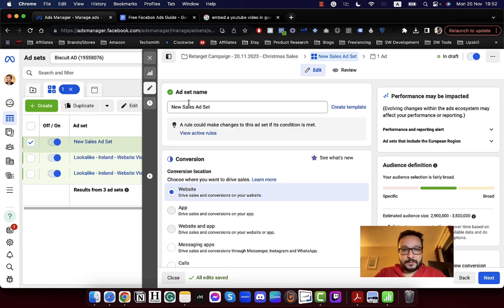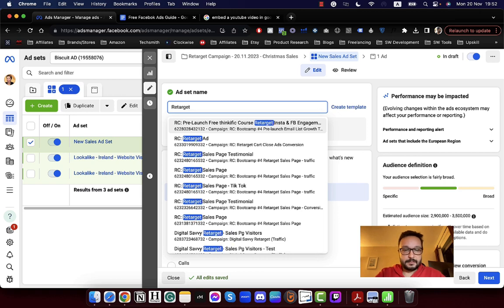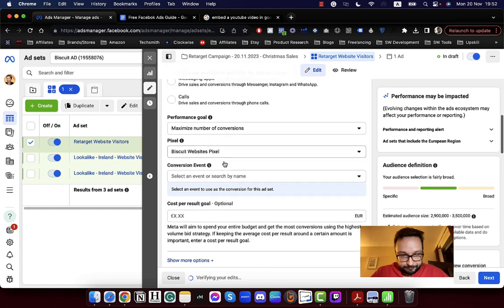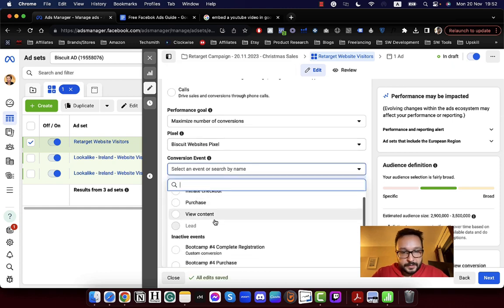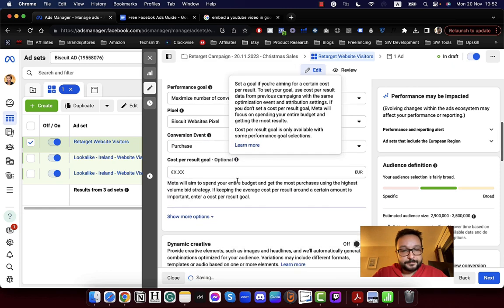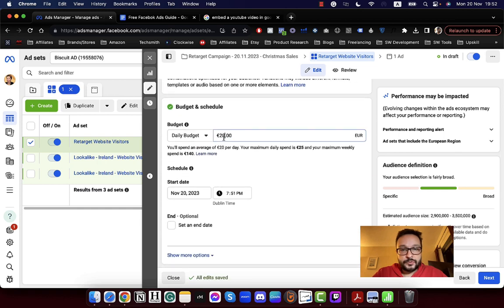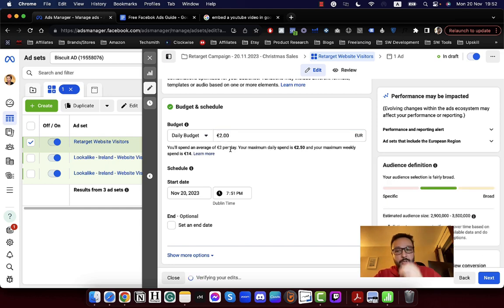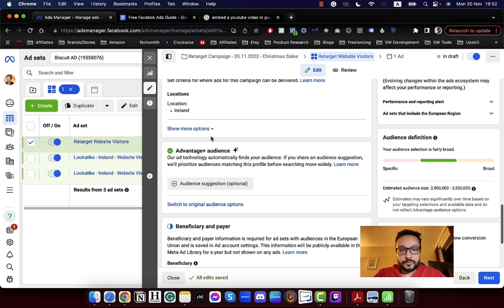Conversion website, here we have the ad set name and you can retarget, let's say website visitors. So conversion event, we again choose purchase, and now we choose our budget. In retargeting campaigns at the ad set level, you don't need to spend too much money. €2 usually will be fair enough for what you want to do. And switch original audience,